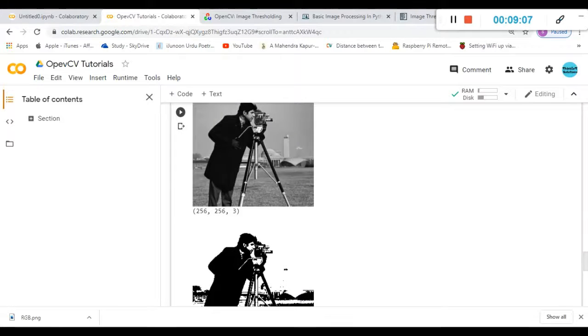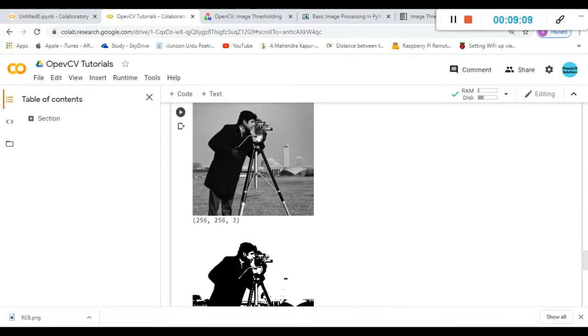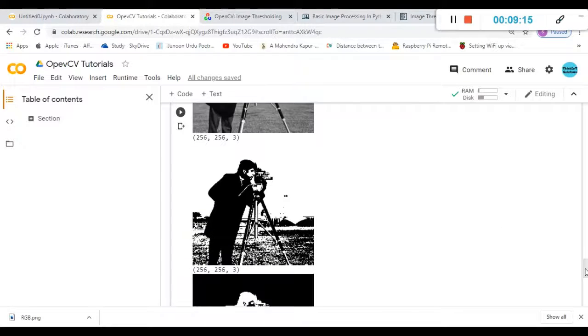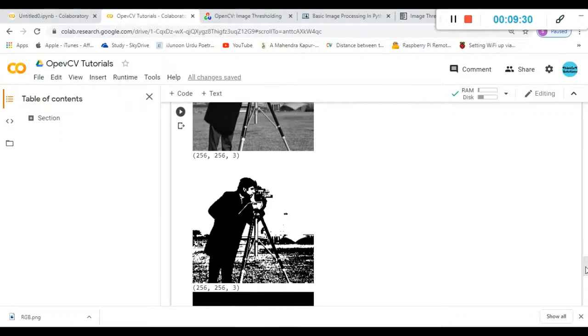So this is my image, a cameraman image. You can see that it is already a gray image, and then I'm converting it by using the thresholding, and it is becoming black and white here.